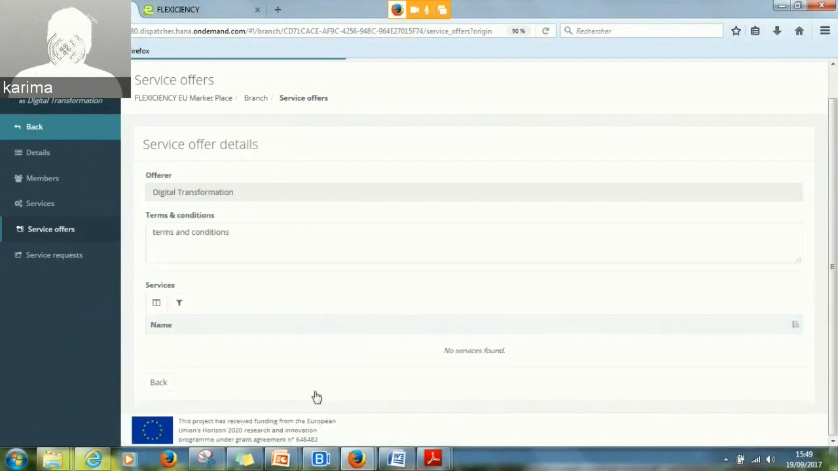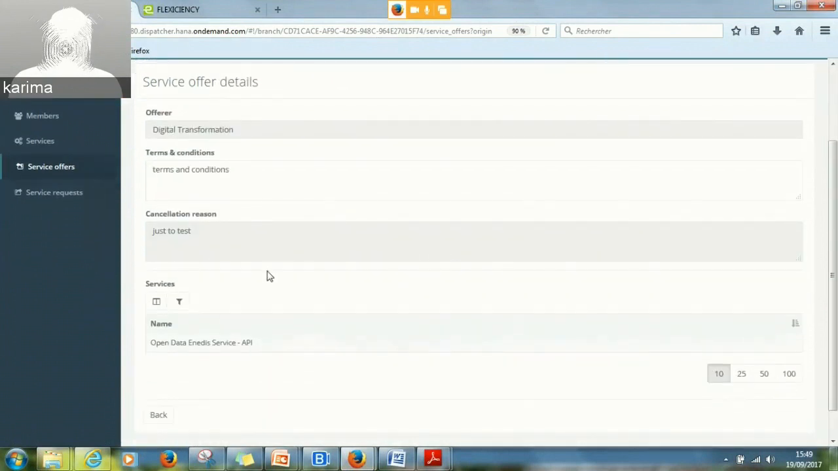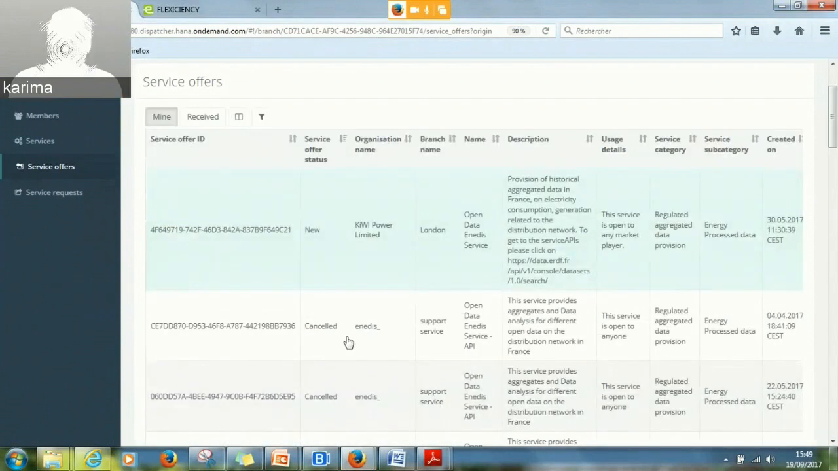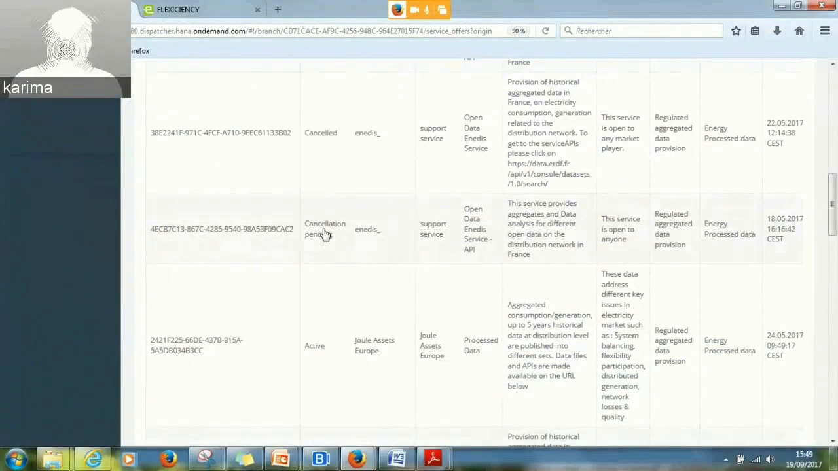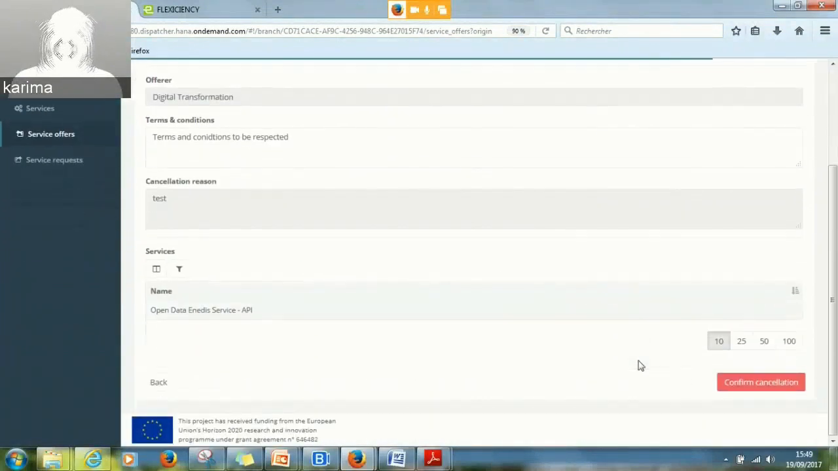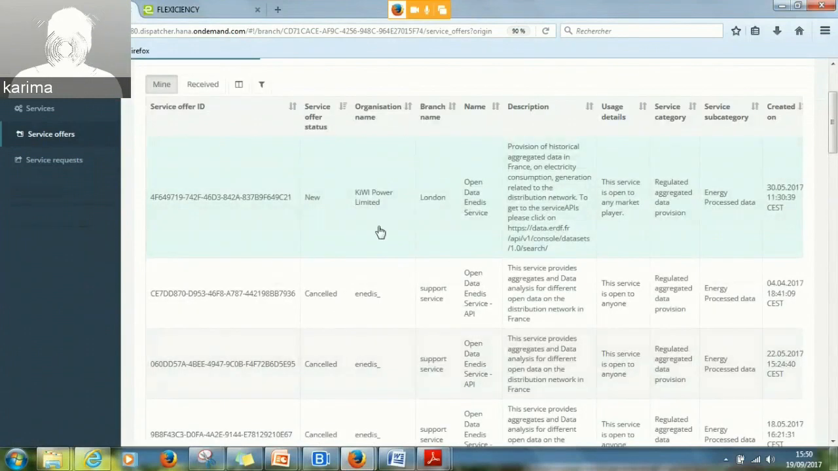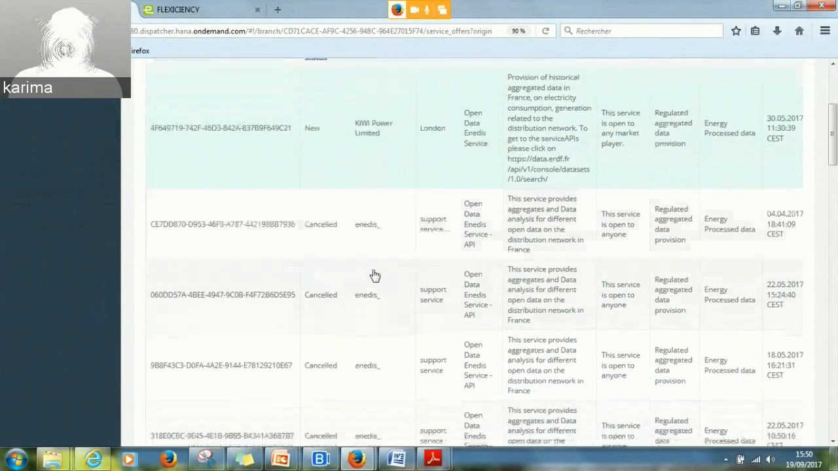And if it is cancelled, I can see why it is cancelled. Yeah, of course, it's just a test. And then when cancellation is pending, it means I did not confirm the cancellation. Yeah, all of these. And the organization name is on the third column, saying all the partners with whom I signed something, just to show,